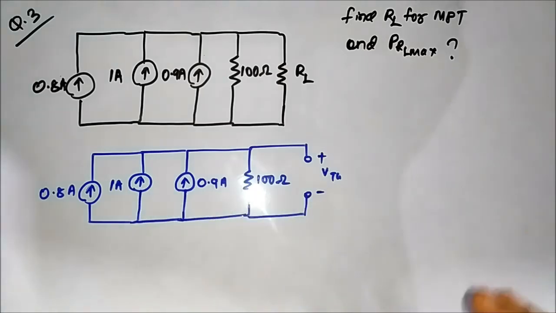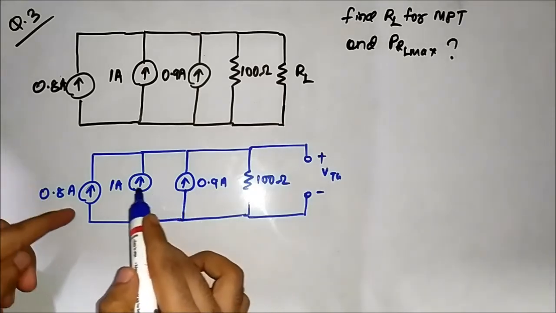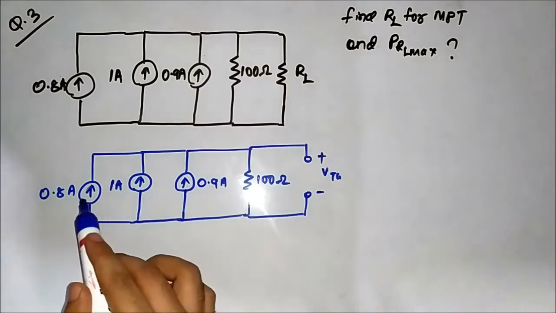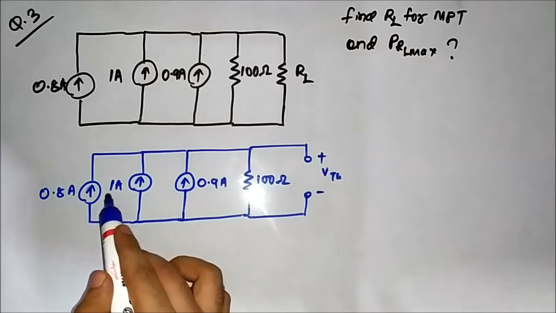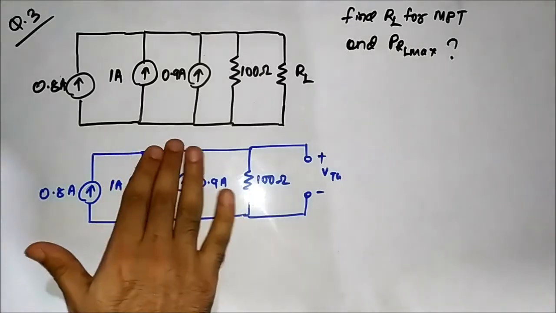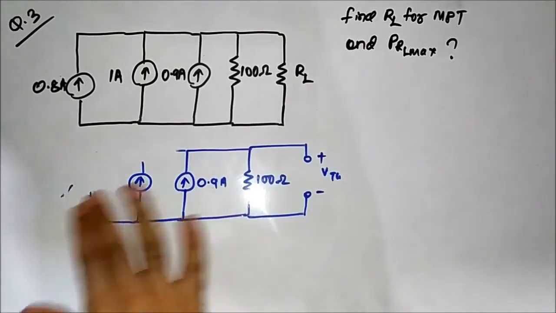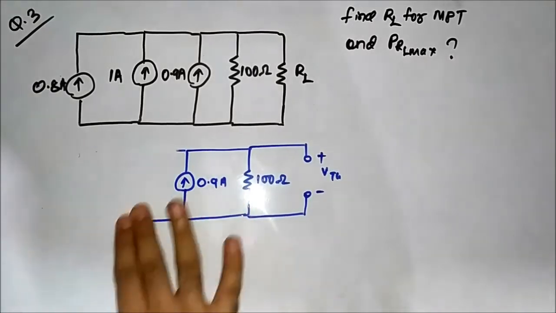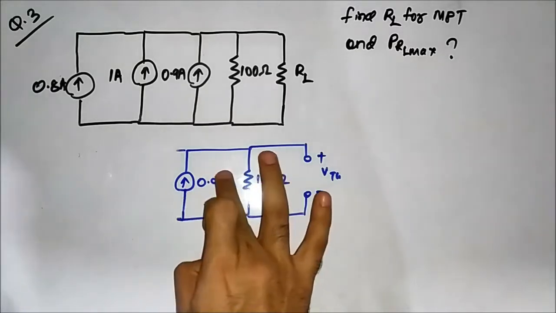Okay, they are all in one direction. Now if we combine them together, it will be 0.8 plus 1, 1.8 plus 0.9, 2.7 ampere. So we can combine them all together, add all the current values, and it will be